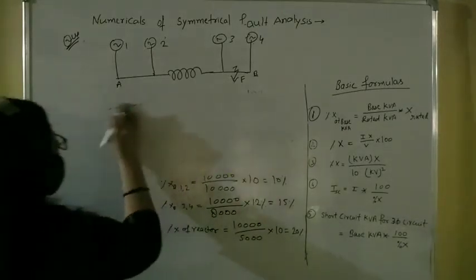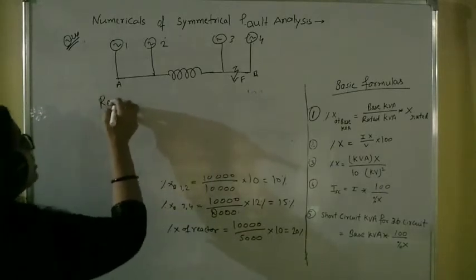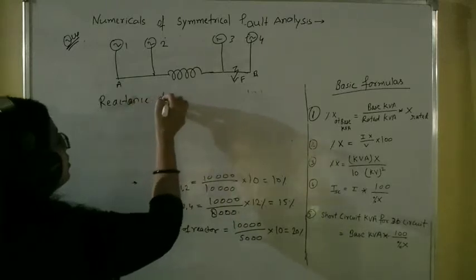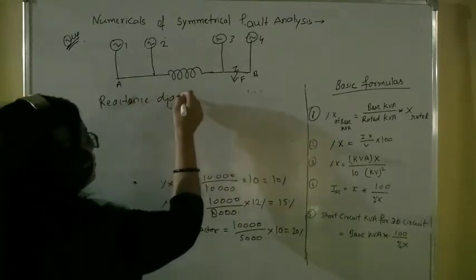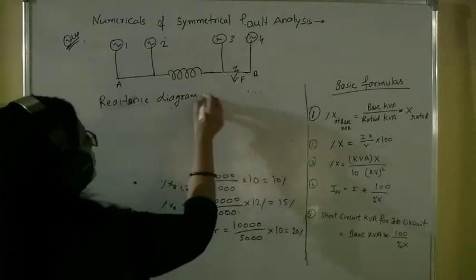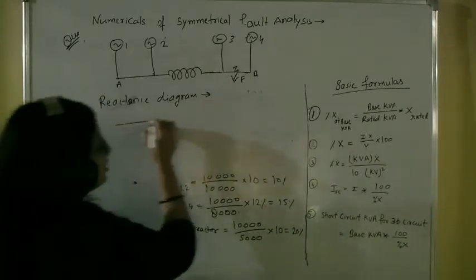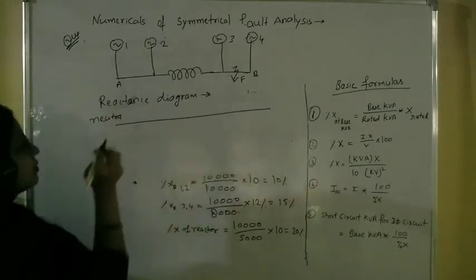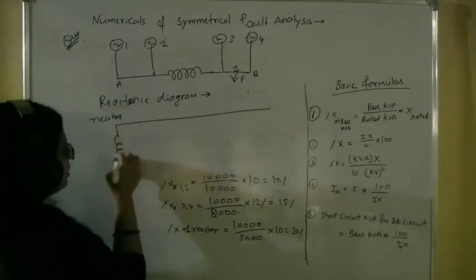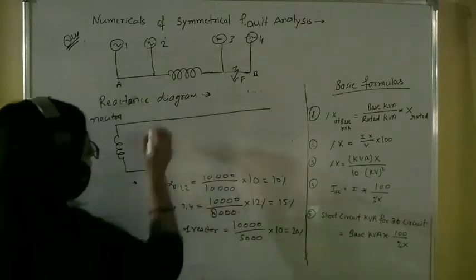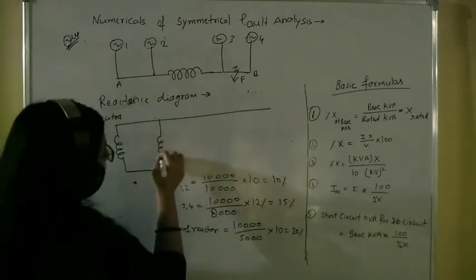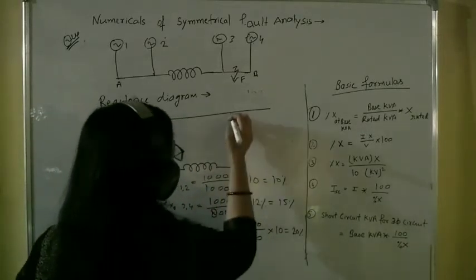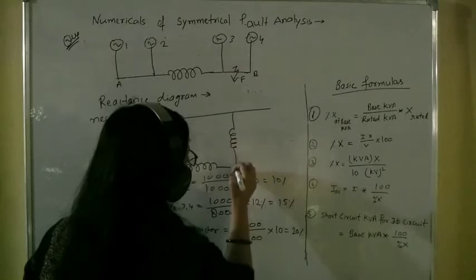First thing is we will draw the neutral point, then make the reactance value for generator 1, generator 2, then there is a reactor in between the bus bars, then for the second bus